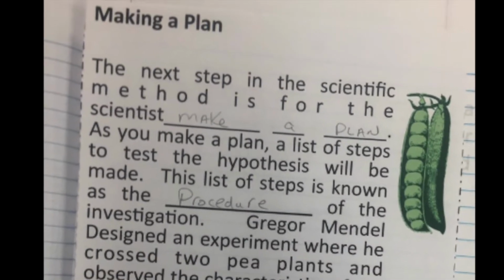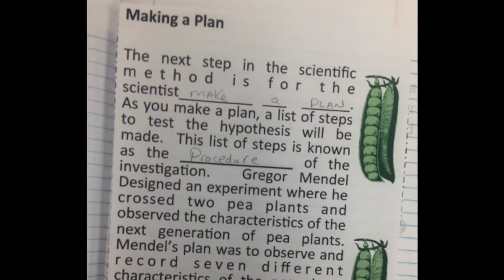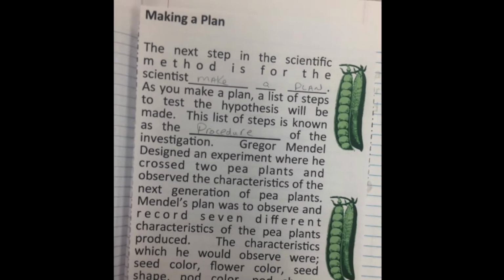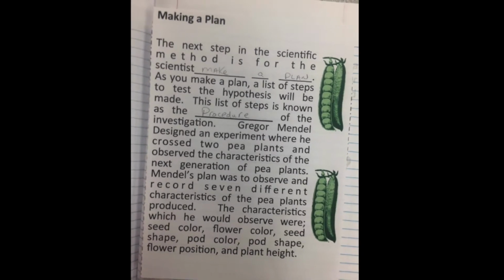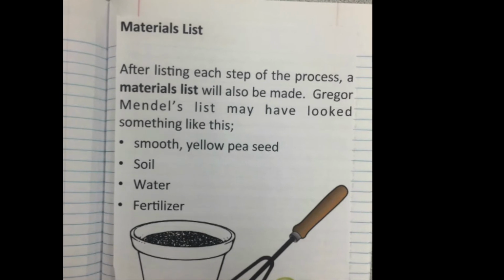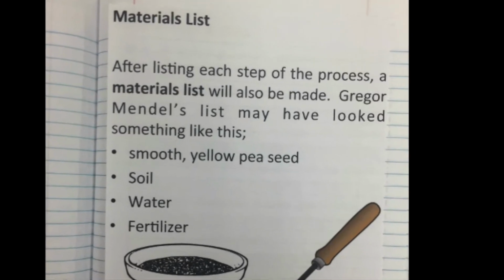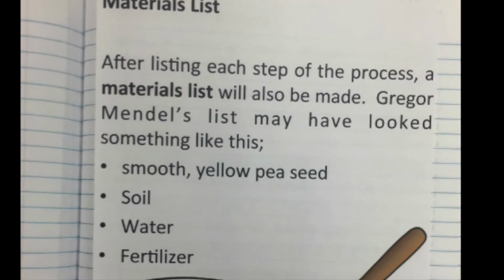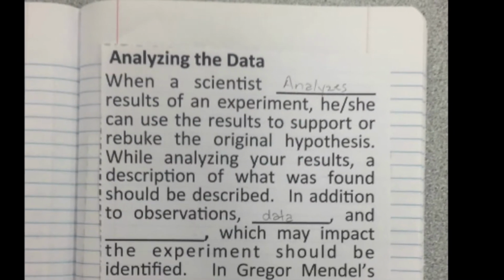The next page is making a plan. And this is something that you can go over with your students as they actually produce the notebook. Next part is our materials list, and of course this is modeled after Gregor Mendel's experiment. Analyzing the data,